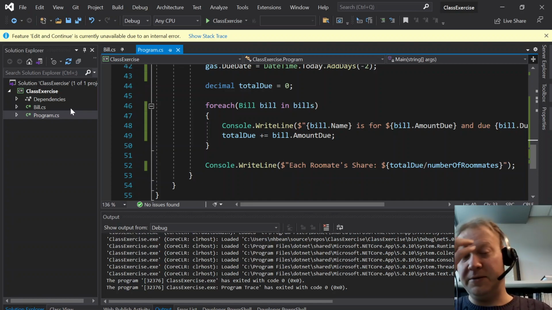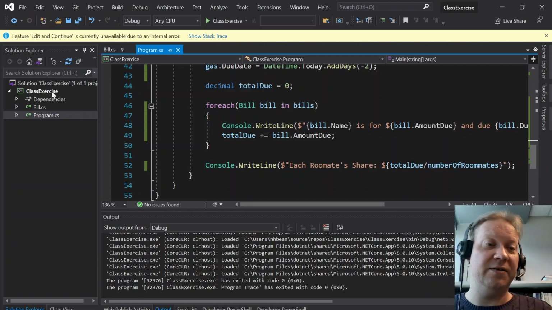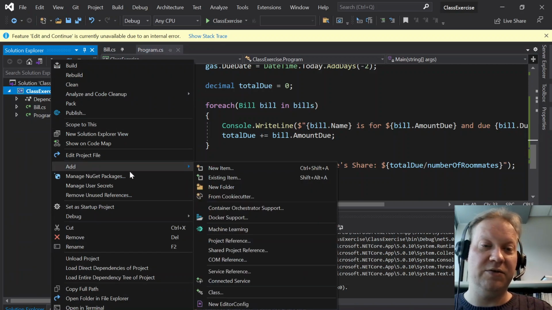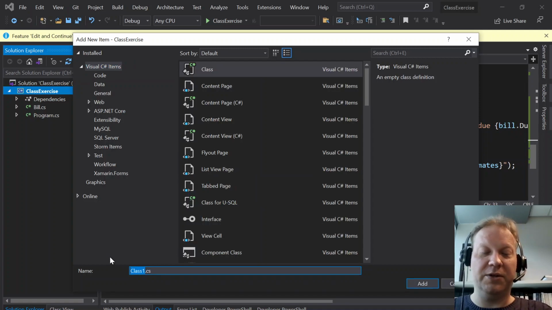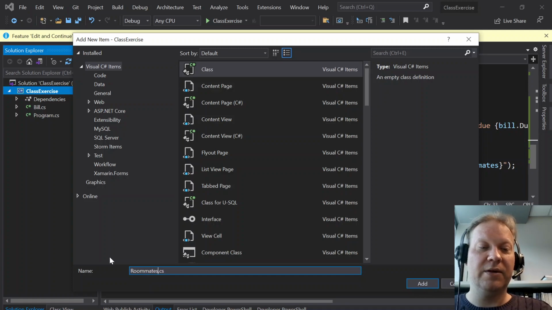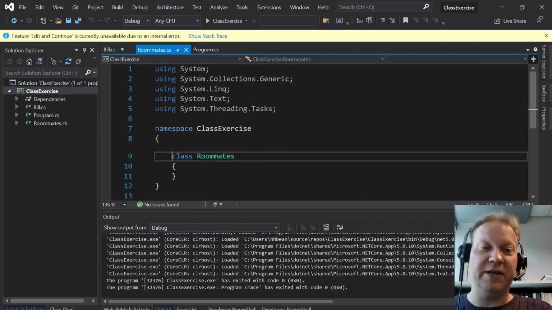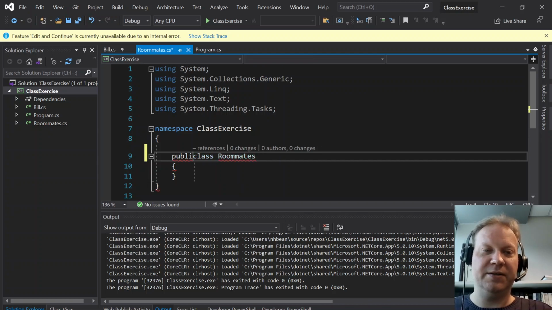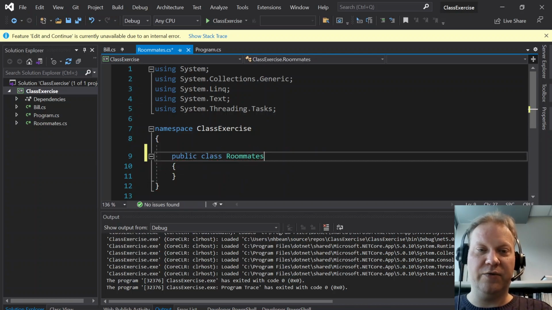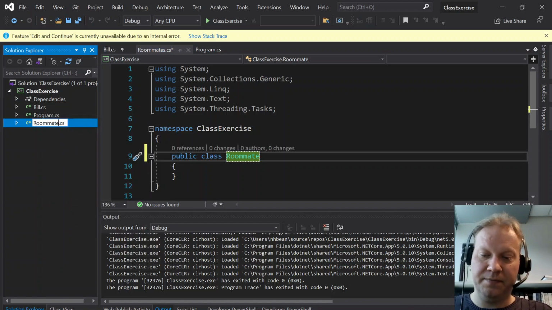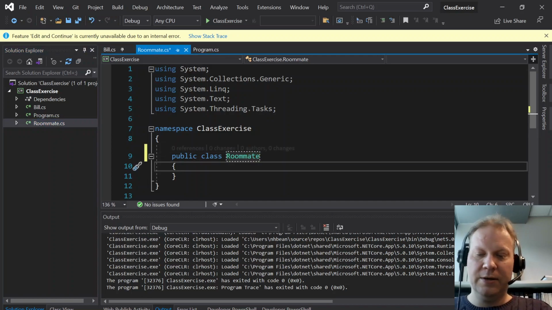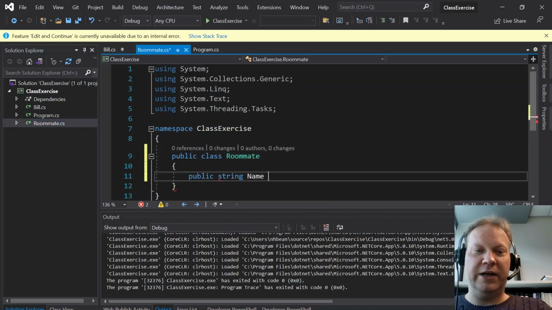We just need to know that it has an amount due, and that's what we're going to charge our roommates. So let's go ahead and add a class for our roommates, and we're just going to do a very, very simple class implementation because I'm not too worried about what those look like. And we've talked about all of these different ideas about properties and all of that. So we're going to make a public class Roommate, just one roommate, and rename this so that it is just Roommate. Public string Name { get; set; }